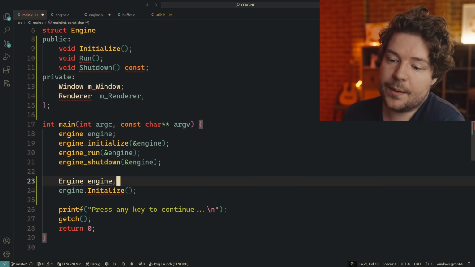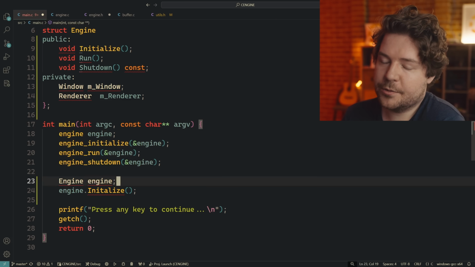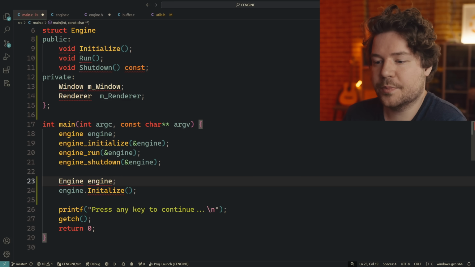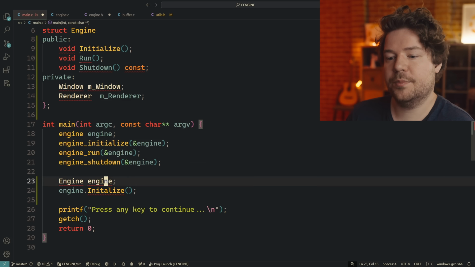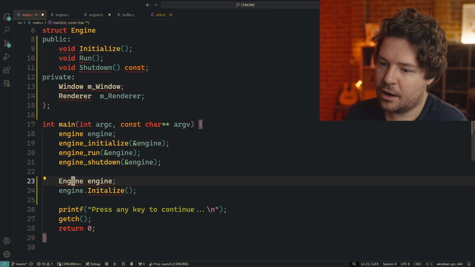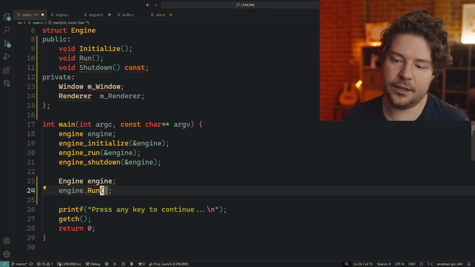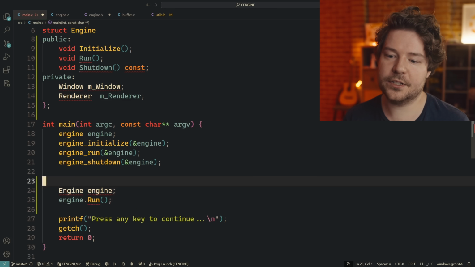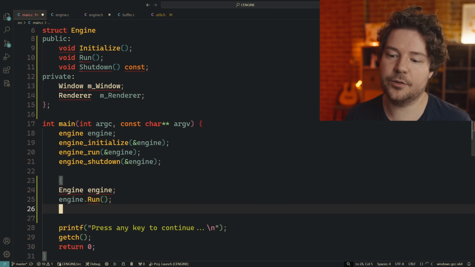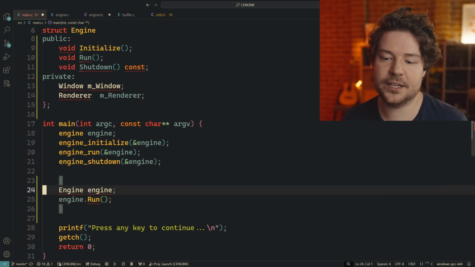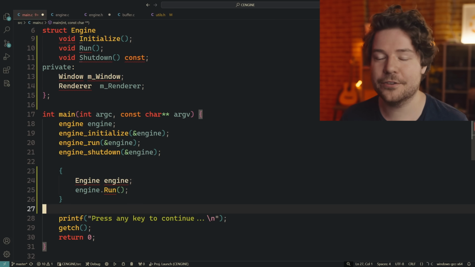Another thing here that might be a benefit is obviously RAII, which I know a lot of people hate, and this will be annoying, but initialize and shutdown could be combined into the constructor and destructor of engine, which means that the only function you need here is run, in a way. Right? So if we put this into a scope, and again, I'm not necessarily arguing that you should switch from C to C++, and this is the correct way to do things. We're just talking about this, all right? So just relax, just take a chill pill.